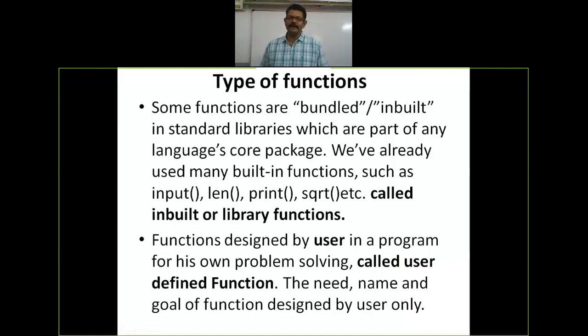One is called inbuilt function, that is bundled inside the programming library. Inbuilt functions are like len, print, sqrt, input, and there are some library file functions, like the math library file having several functions, the string library file having several functions, and random.